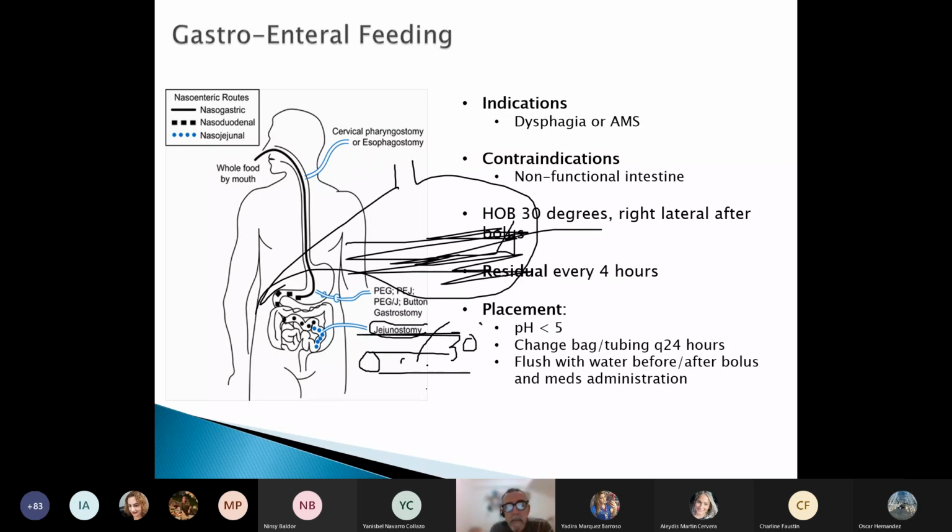Yes, go ahead. Can I ask a question? Is the only way to verify the placement of the nasogastric tube the pH, or can I do radiography? The X-ray is always done first. So the patient is going to have a nasogastric tube for 7 days. The first day is Monday, the 9th, and you introduce the tube and do the X-ray.